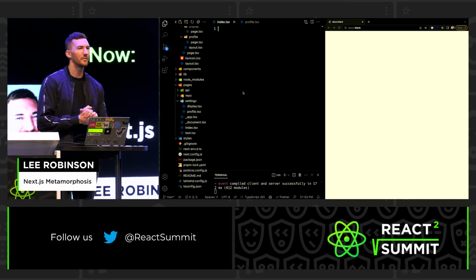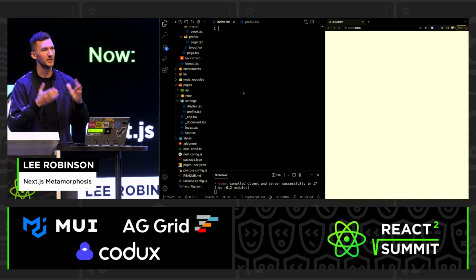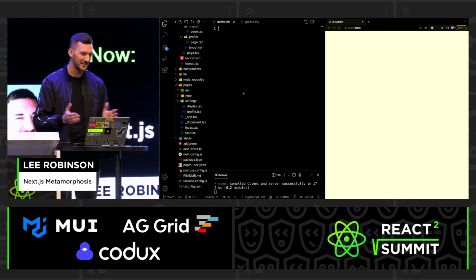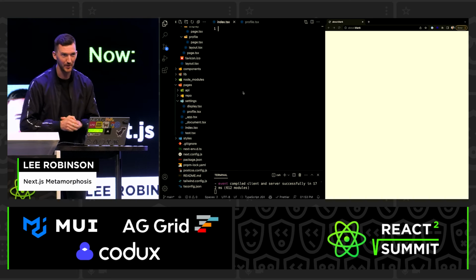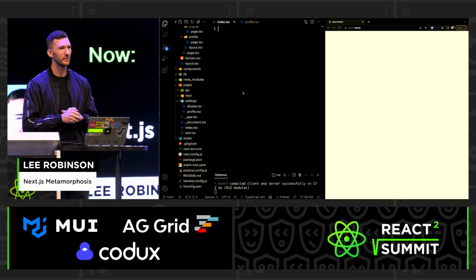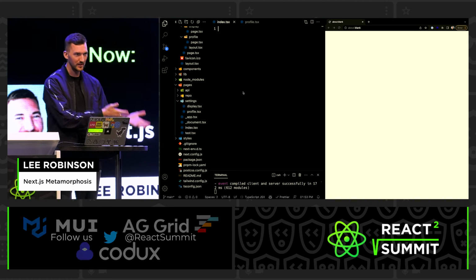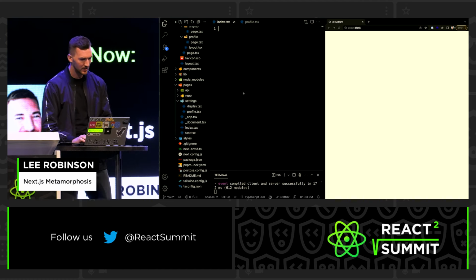And the first thing we're going to start off with is the core of Next.js, which is routing. When we released Next.js in 2016, we said we love file system-based routing. We want to make it as easy as possible for you to get started. Just drop a file in a folder, and it will create a new route. So I have